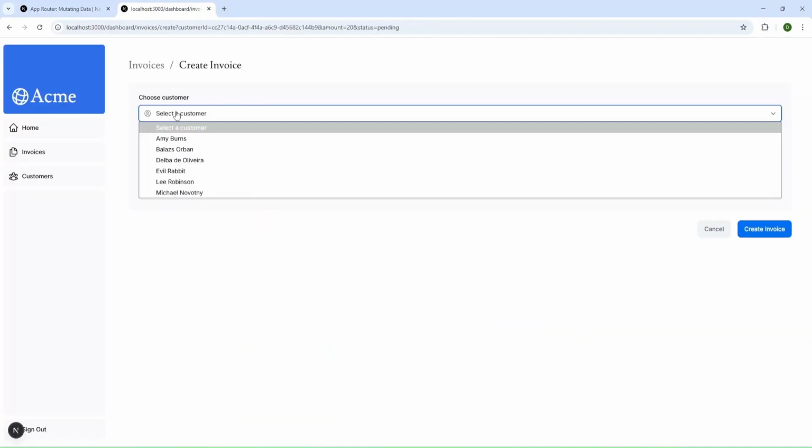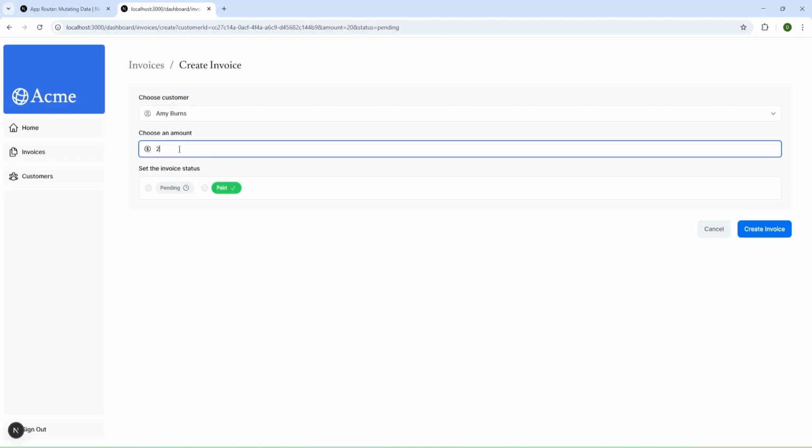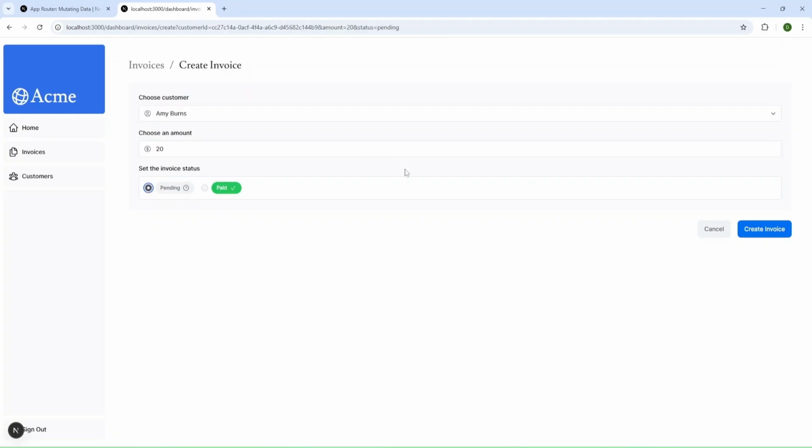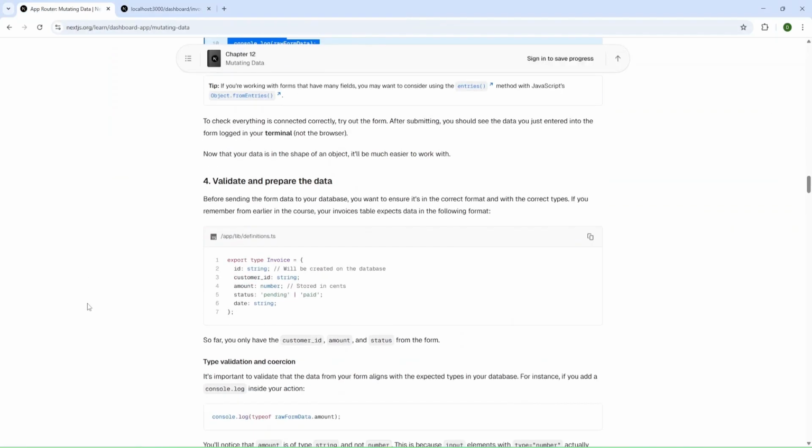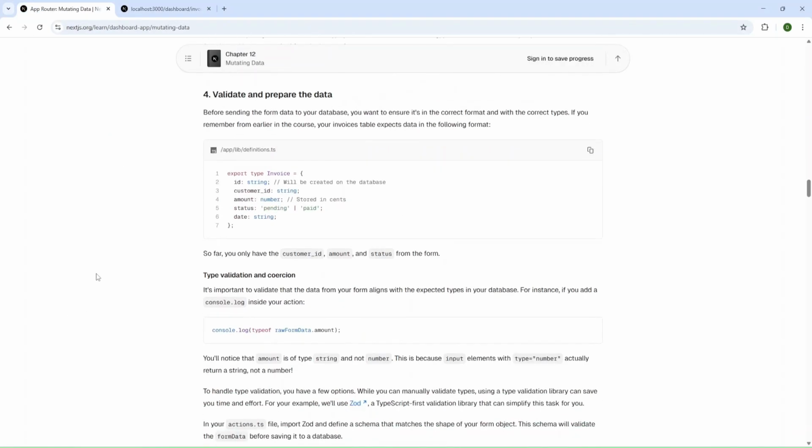And for that, I'm going to select customer, provide some value, and add some status, and press create invoice. And let's check terminal. And as you can see, we have customer ID, amount 20, and I provided status pending. Everything works as expected. And let's check what we have next.